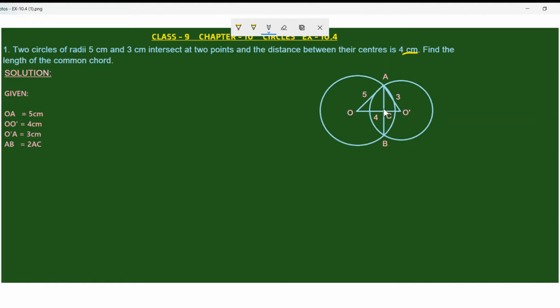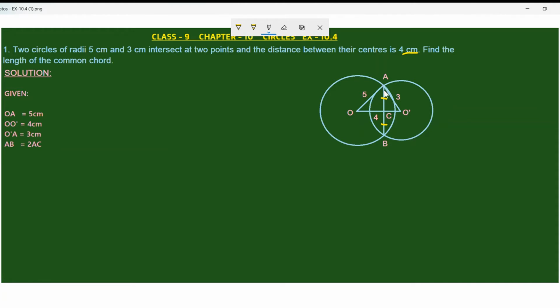Now we need to find the length of the chord. You can see here O prime, this is called AB. We know the line drawn from the center to the chord will be perpendicular to the chord. That line will bisect the chord. So according to that, we can take this line O prime is bisecting this chord. That means AC is equivalent to CB. Where it exactly intersects the chord, we have given the name C. So this line O prime will bisect the chord AB as AC and CB.